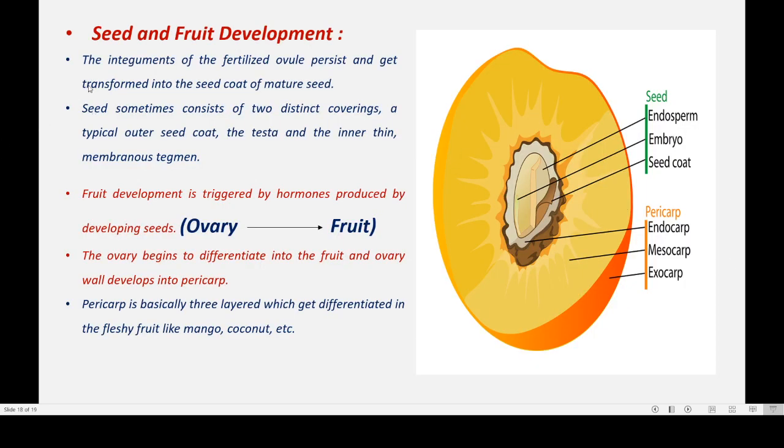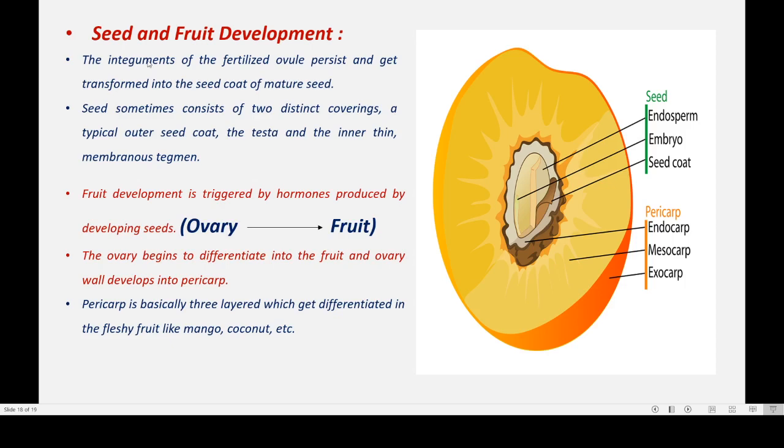Now we said that the ovule developed into seed. Now what about the fruit? The ovule is present inside the ovary, and this ovary results in fruit formation. Ovary results in fruit while ovule results in seed formation. Now in that structure we have seen integuments also, right? Ovary developed into the fruit, ovule developed into the seed, and around the ovule integuments were present.